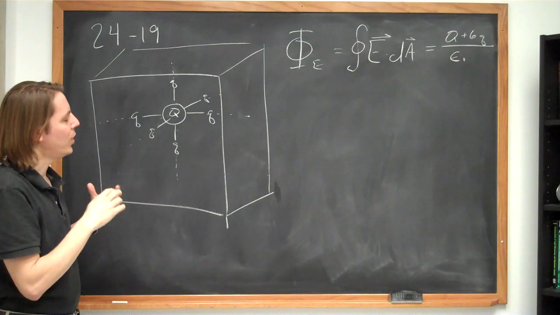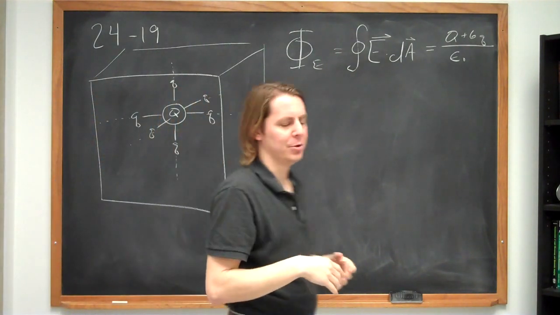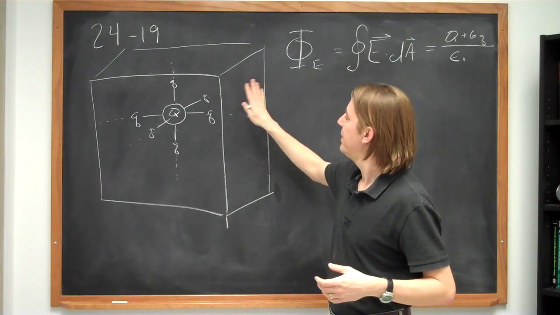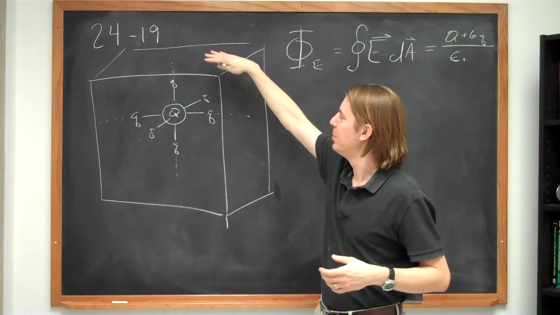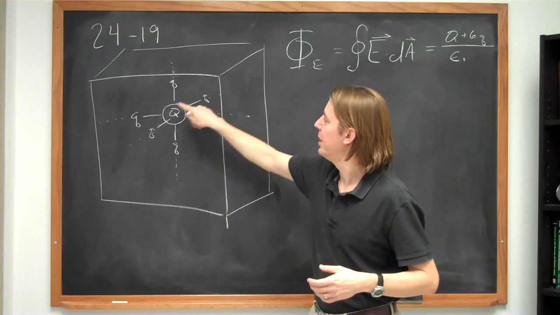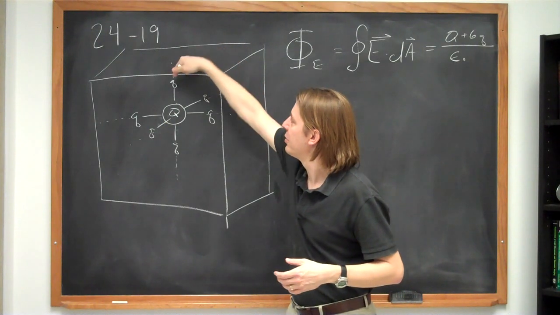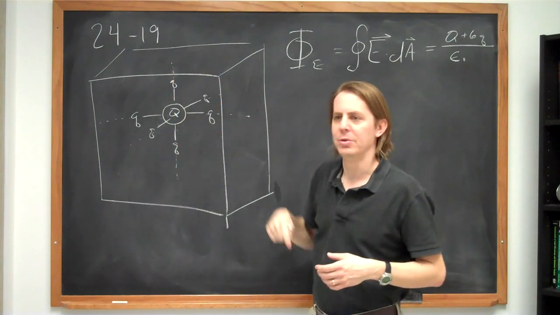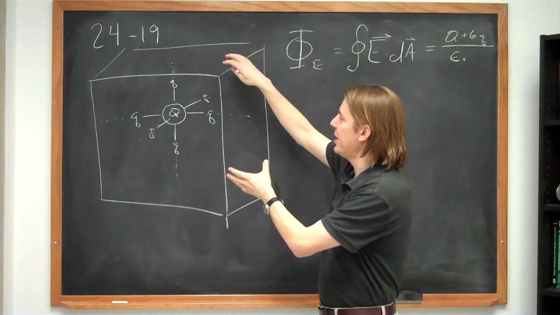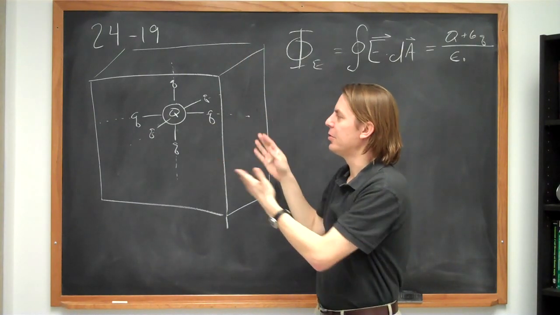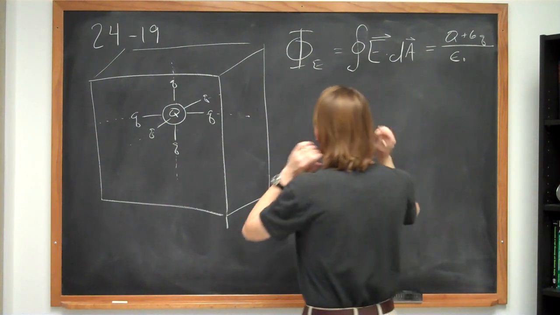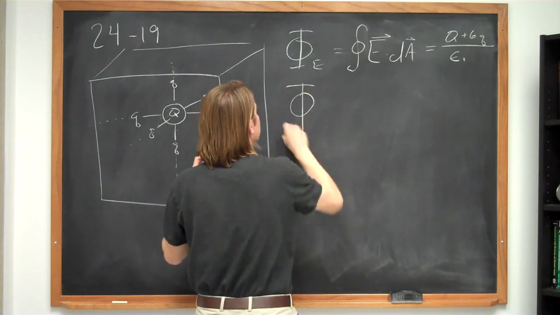It doesn't quite explicitly say that in the problem, but when you look at the diagram in the book, you can tell. And what that means is the symmetry of that tells you that no matter which face you're looking from, the distribution will look the same. If you're looking from here, you'll see this one close, these 4 in a plane, and that one far. If you're looking down here, this one will be close, these 4 in a plane, that one will be far. So it'll always look the same. So if the charge distribution looks the same from every surface, that means every surface must get the same amount of that total flux. So the symmetry allows you to say then that the flux